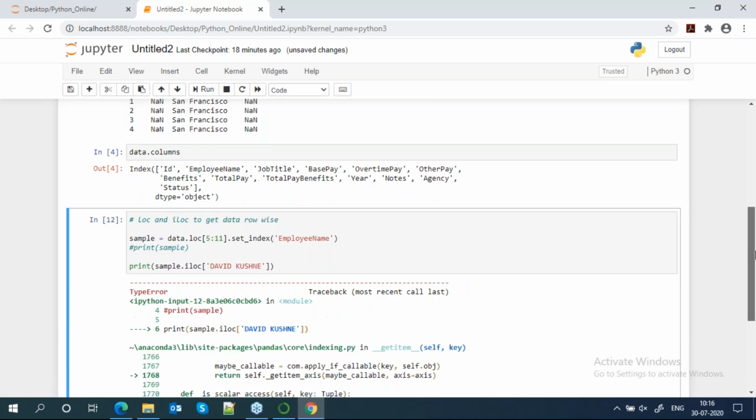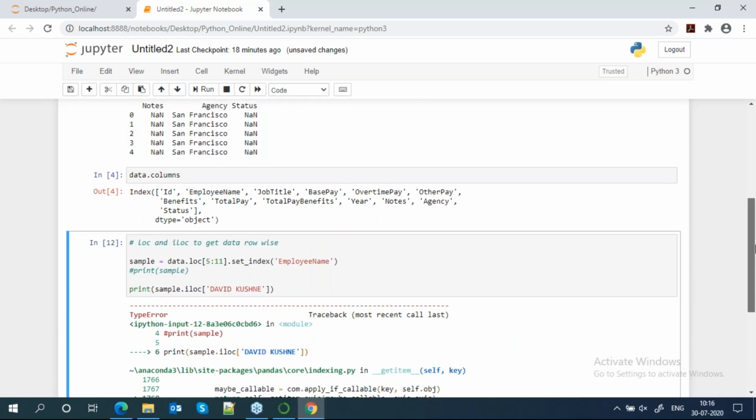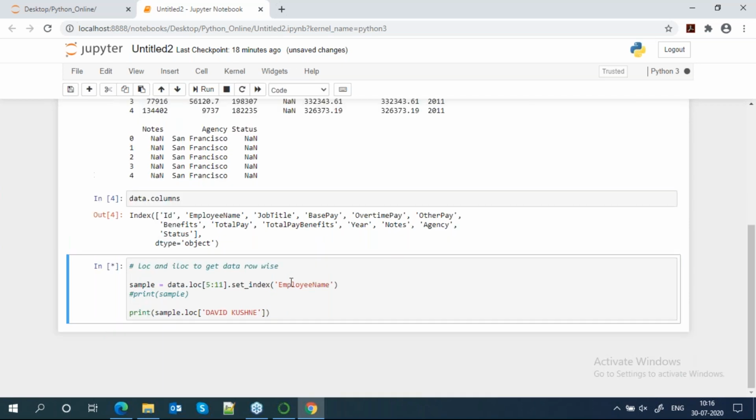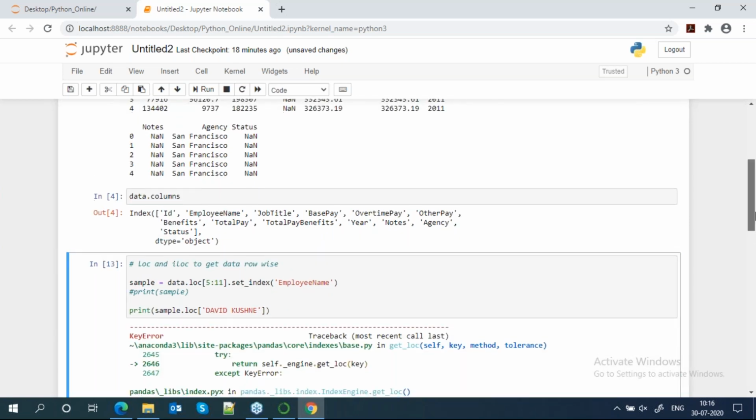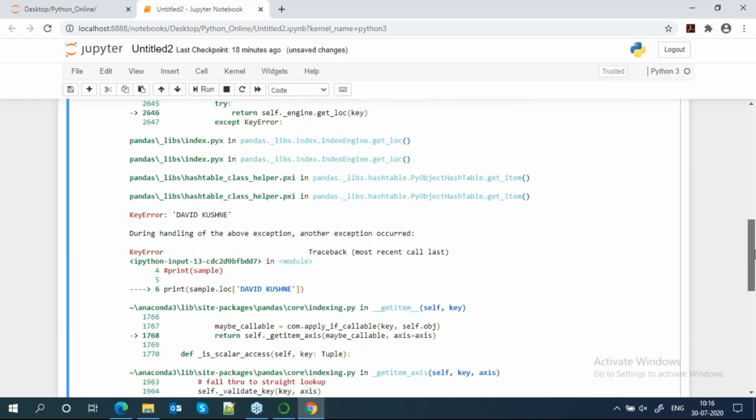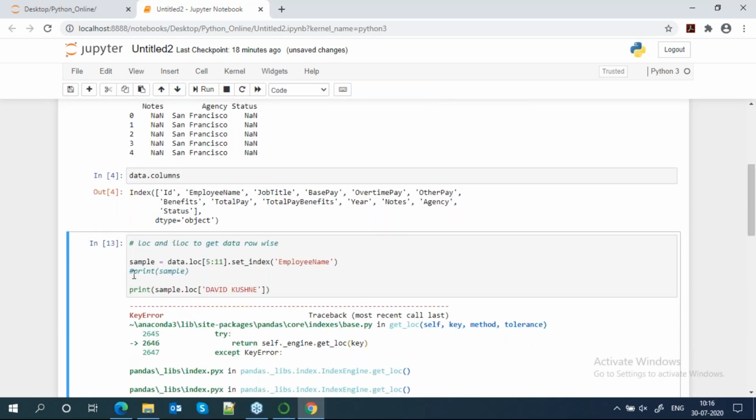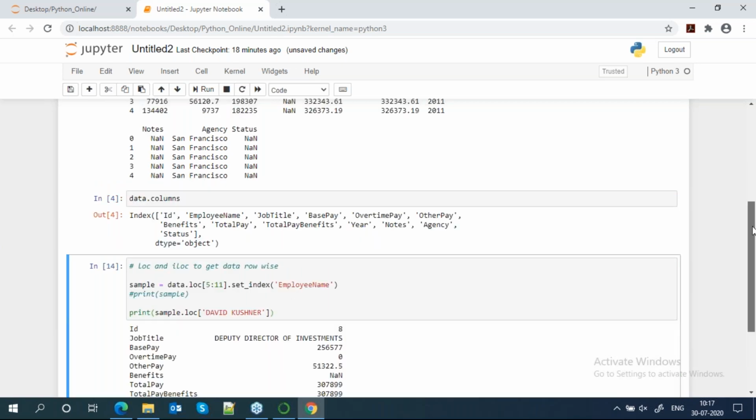So in iloc, as I said, we only get the data by the position, not the index name. But if I am using loc, I think there is some name error. Add an R at the end, David Kushner. Okay, you can see that now it is working.